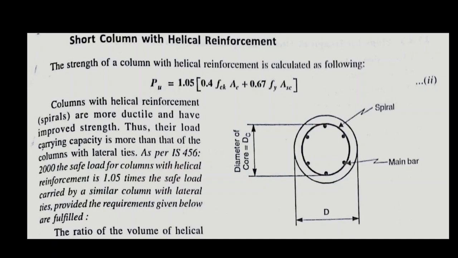Now, columns with helical reinforcement or spiral are more ductile and have improved strength. Thus, their load carrying capacity is more than that of columns with lateral ties. As per IS 456/2000, the safe load for columns with helical reinforcement is 1.05 times the safe load carried by a similar column with lateral ties, provided the requirements given below are fulfilled,